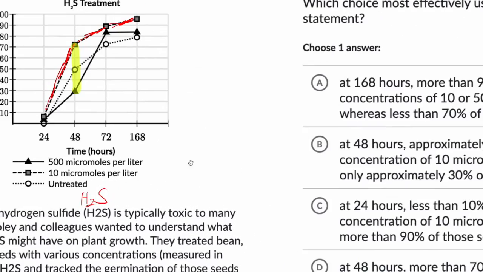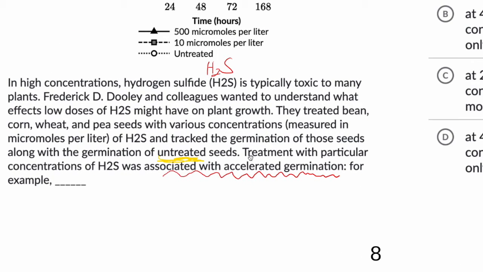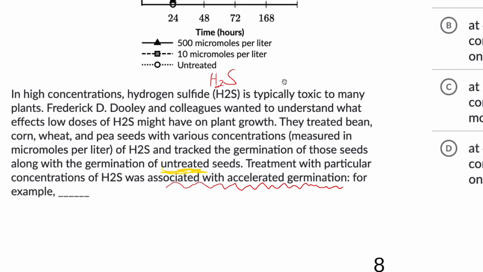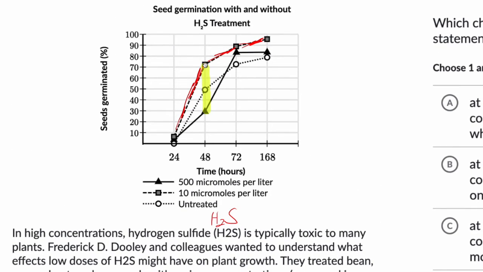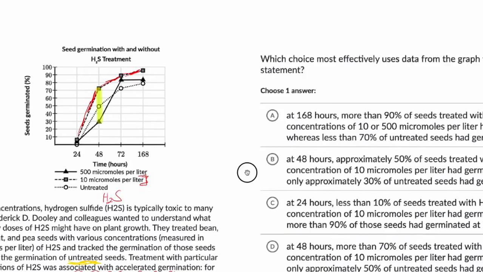So if we're trying to complete the statement, and the statement has to do with accelerated germination as a result of treatment with H2S, we're probably looking here, the 10 micromoles per liter treatment, and then 48 hours. And so 168 hours,